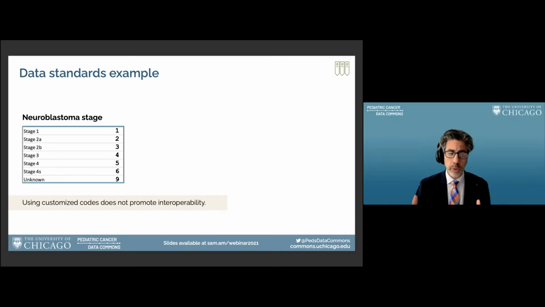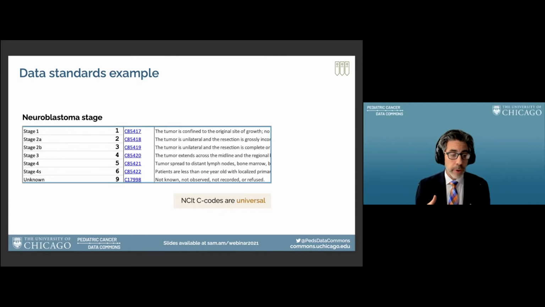And that allowed groups in the US and Europe and Japan to collect data in the same way by mapping to these numbers. But if you think about it, if there's a group that's not part of this neuroblastoma consortium and they want to collect data in the same way, they may not know what these numbers refer to. They're not universal. And so what we've been doing is we've been mapping data to universal values that can be used anywhere. So on the next slide, you can see that we map our values to something called C codes,